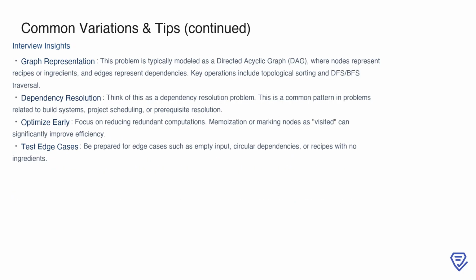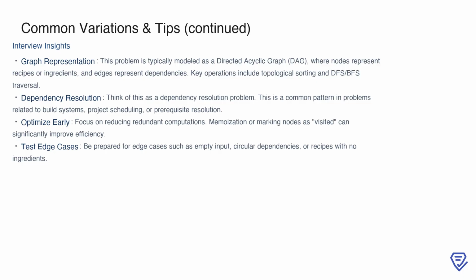Now, let's explore some insights that are particularly useful for interviews. This problem is best modeled as a directed acyclic graph, or DAG, where nodes represent recipes or ingredients, and edges represent dependencies between them. Key operations here include topological sorting and graph traversals like DFS or BFS. At its core, this is a dependency resolution problem, similar to those you might encounter in build systems, project scheduling, or prerequisite resolution scenarios. To ensure efficiency, focus on reducing redundant computations by using memoization or marking nodes as visited